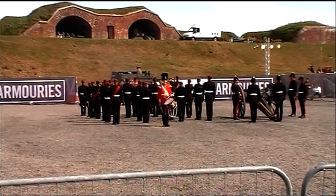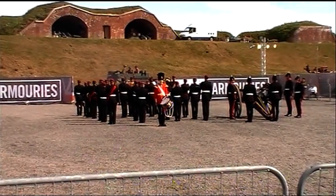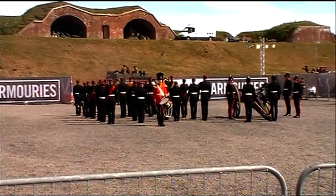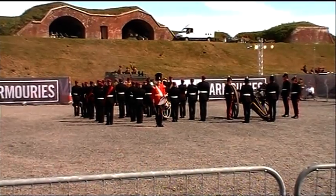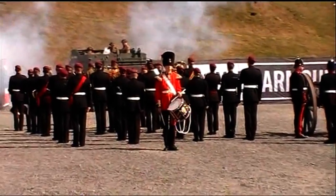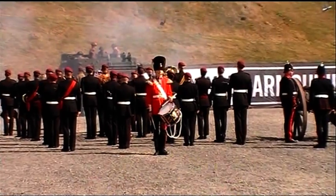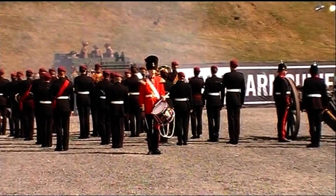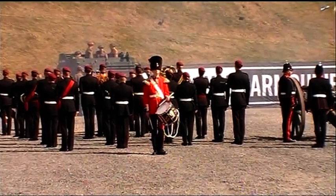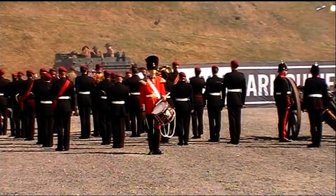And one such big gun that you can see deploying now is this Second World War Sexton. It's a self-propelled 25-pounder, which is regularly fired, as it is today, by members of the Right of the Line gun detachment. The gun is based on the old Sherman chassis, and the 25-pounder, of course, is a gun howitzer, which means it can fire over open sights in a straight line against the target,